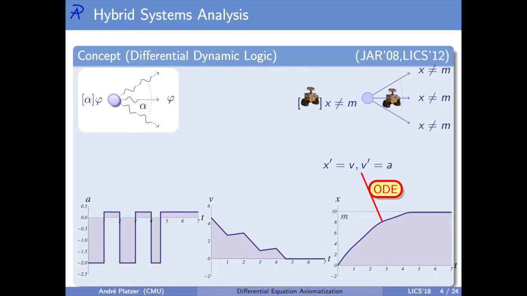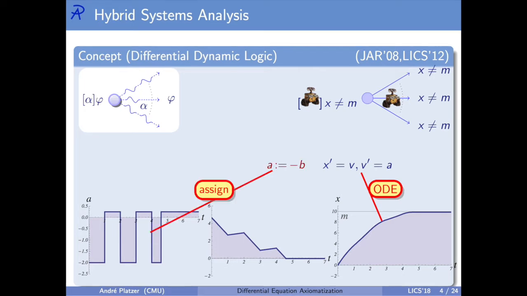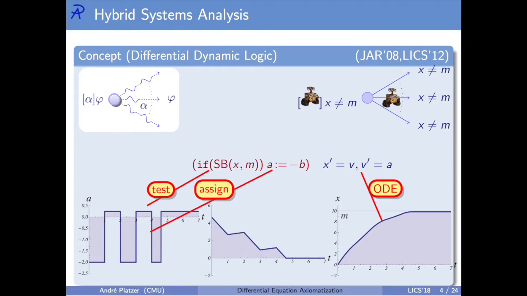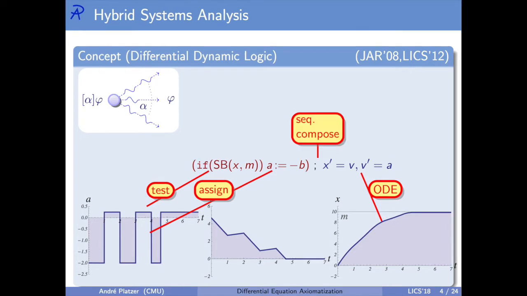And then you make this even more precise by also writing down a mathematical model for the motion of Wally. So a differential equation, the easiest one that comes to my mind is the double integrator dynamics because it fits on the slide. Some discrete dynamics for the decisions of the system, for example, to accelerate, some program dynamics around it to say I don't always want to brake, I want to sometimes accelerate and sometimes brake, and then have the discrete dynamics and the continuous dynamics meet, for example, in sequential composition,